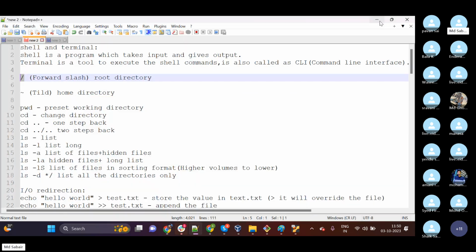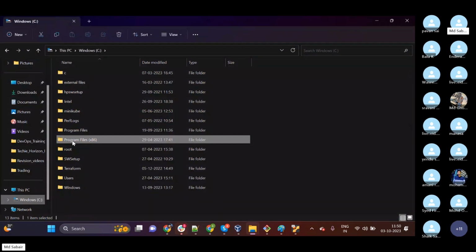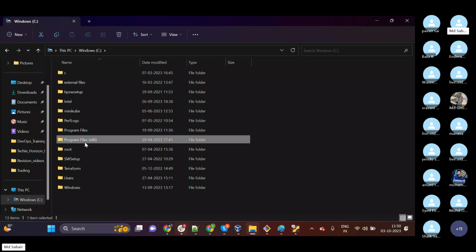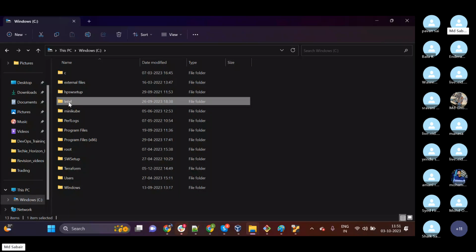Similarly, what we see in Windows, if I go to my C drive, here we have Program Files, Windows, and Users, then x86, which is for 32 bits. Then we have Intel. These are dependencies, right? So it is automatically creating all the directory structures for us. The purpose of these directories is to make sure that the operating system behaves as expected. Do not worry about why this directory is here or why that directory is not there. That is how it has been programmed.